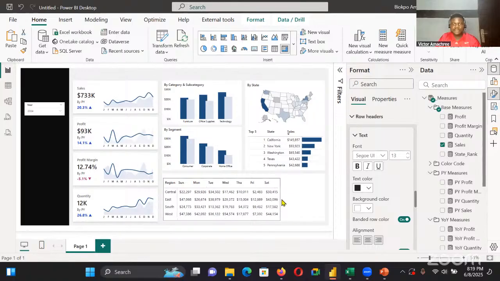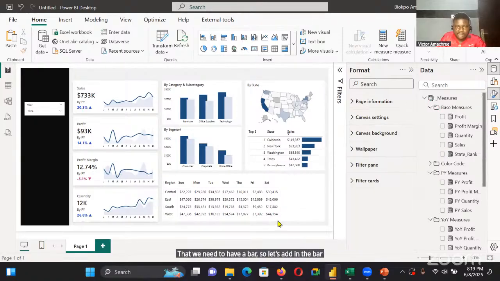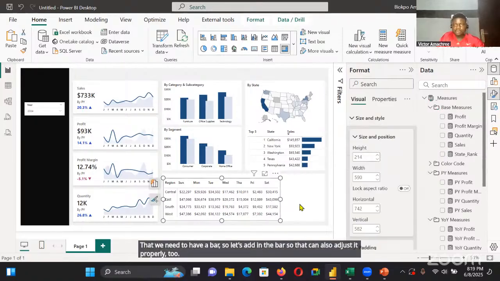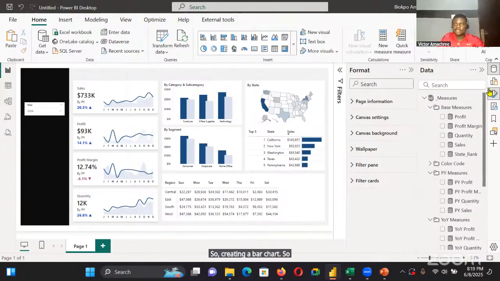Then we need to have a bar. So let's add in the bar so that I can also adjust it properly too. So I'm creating a bar chart. So I'm going to add a bar chart here. So the bar chart is going to show me